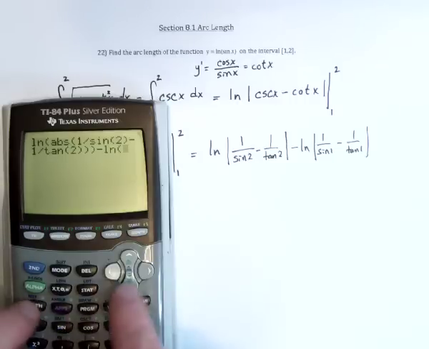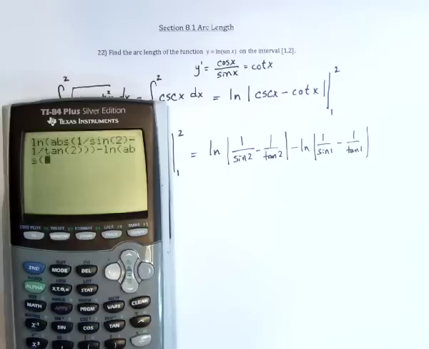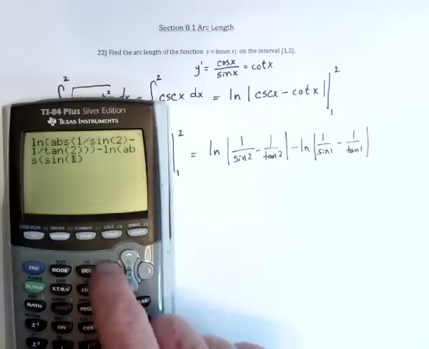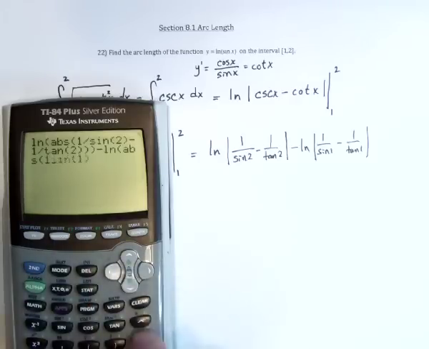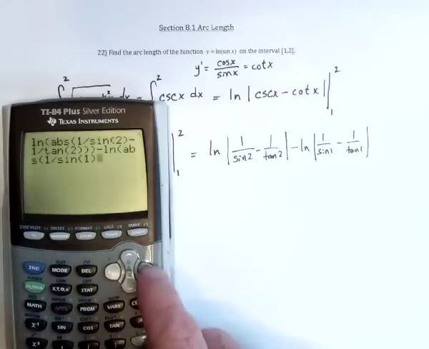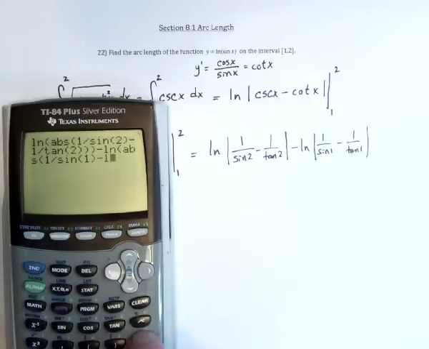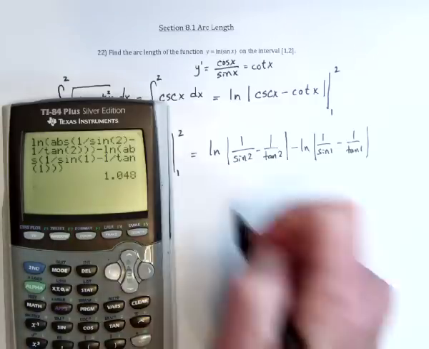Again, I need absolute value. And then it's going to be 1 divided by sine of 1 minus 1 divided by tangent of 1. Close the tangent, close the absolute value, close the natural log. And the final answer,